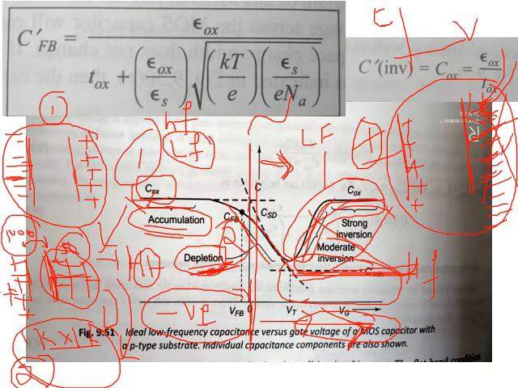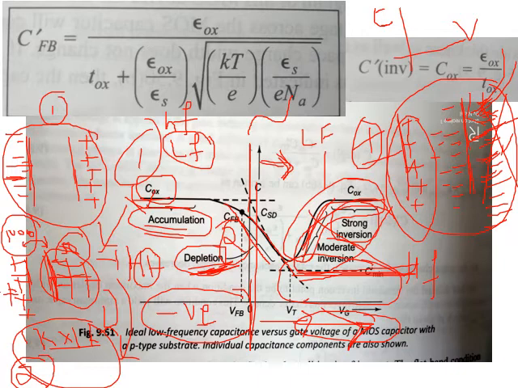Okay, strong inversion means what? What do you mean by inversion? Opposite. What is the opposite of plus? The opposite of plus is minus. Correct. So all minus should come. That means it is strong inversion, strong opposition. If very little minus comes in response to this plus, at that time it is moderate inversion. So we have two things. When there is moderate inversion, the capacitance is not that much.